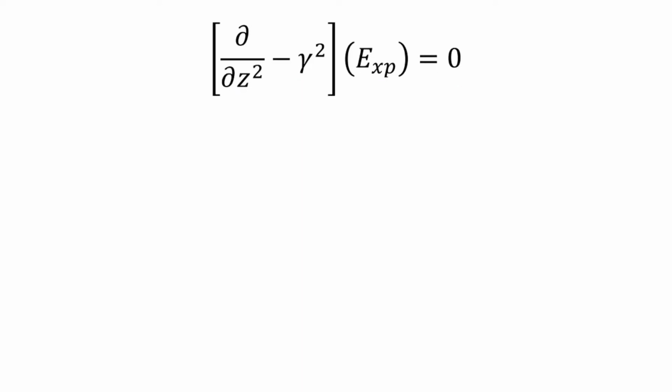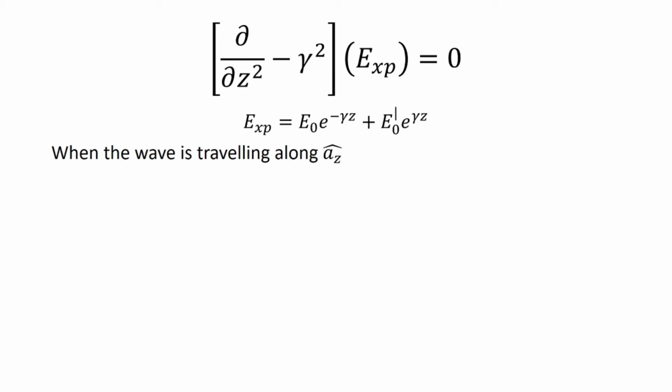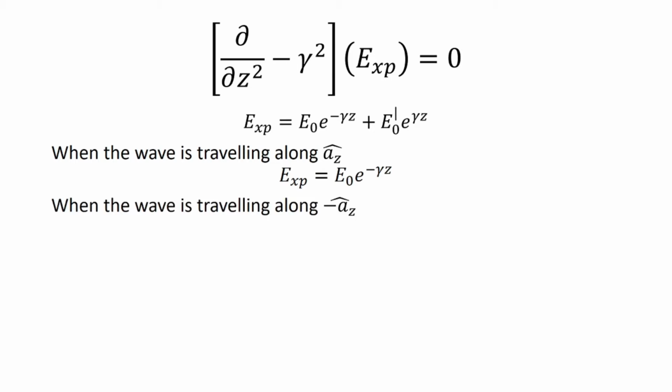If I solve this partial differential equation, the solution would be either E naught exponential of minus gamma z, or E naught prime exponential of gamma z, or a combination of both. But Ex would take E naught exponential of minus gamma z when the wave is traveling along az cap. Similarly, when the wave is traveling along minus az cap, then Ex would be of the form E naught prime exponential of gamma z. The logical explanation behind this is, if the wave is traveling along az cap,